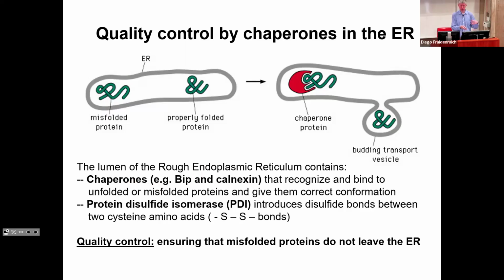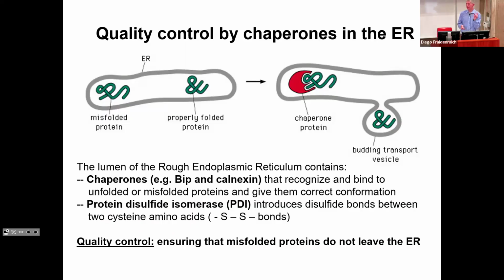So chaperones help to fold the protein, or also recognize misfolded proteins, so there are different ways. And another way to preserve structure or to introduce structure is by forming protein disulfide bonds. So there is the amino acid cysteine, yes, cysteine, which has an